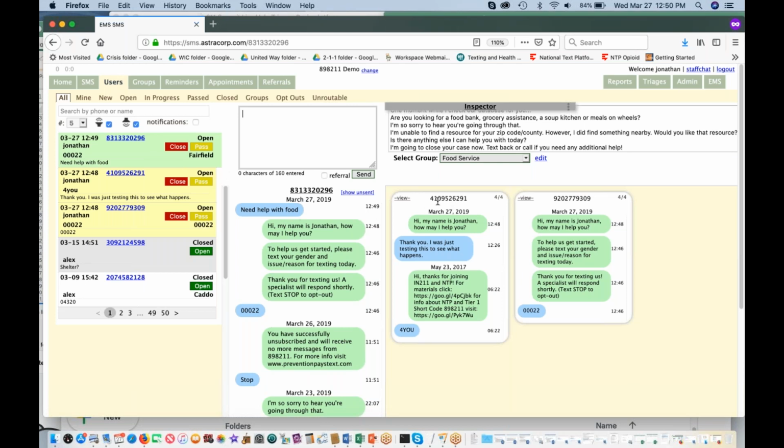And then if this 410 were to send a message, I would see that one update right here, right? And then if this 920 were to send a message, I would see that one update right here, live. And so it's really neat. You can